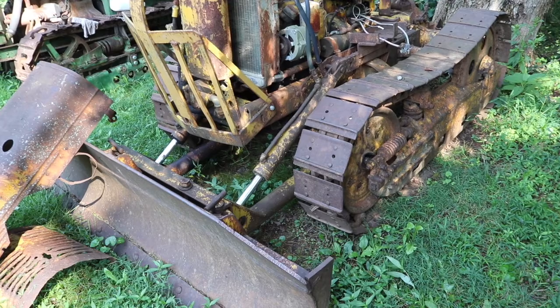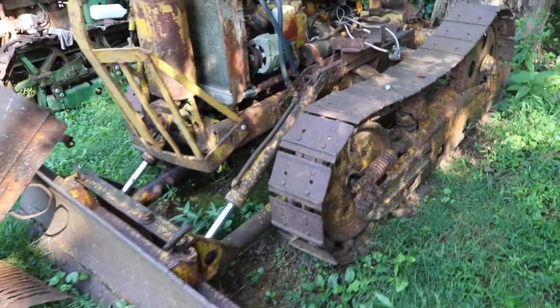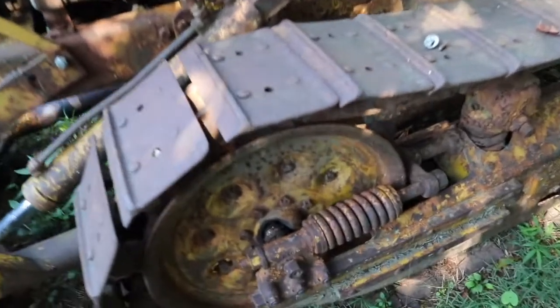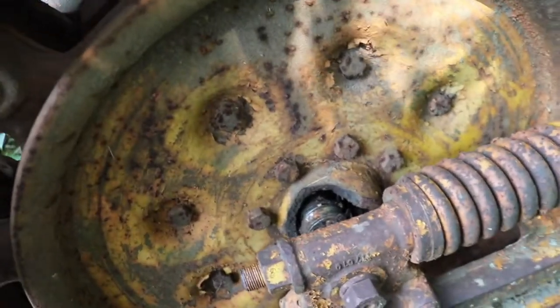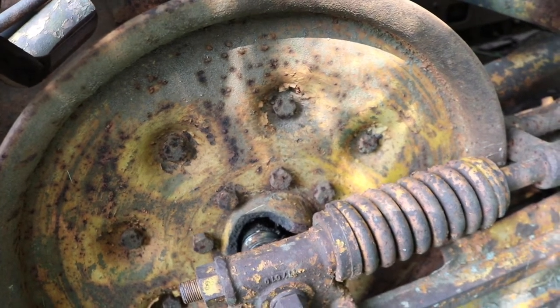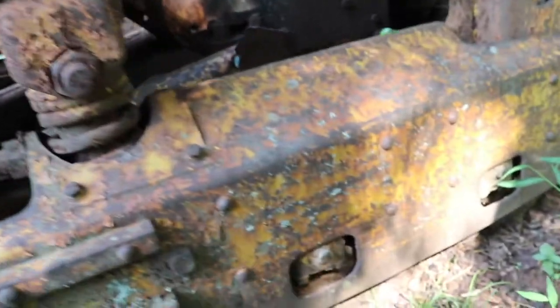I'm ready to get back to work on this OC3 dozer. If you remember from a few weeks ago, we do have it running and the hydraulic system works, but this front idler was pretty much destroyed, as I showed you before. What I need to do is run it again and get it to move, because in order to get the tracks loose,